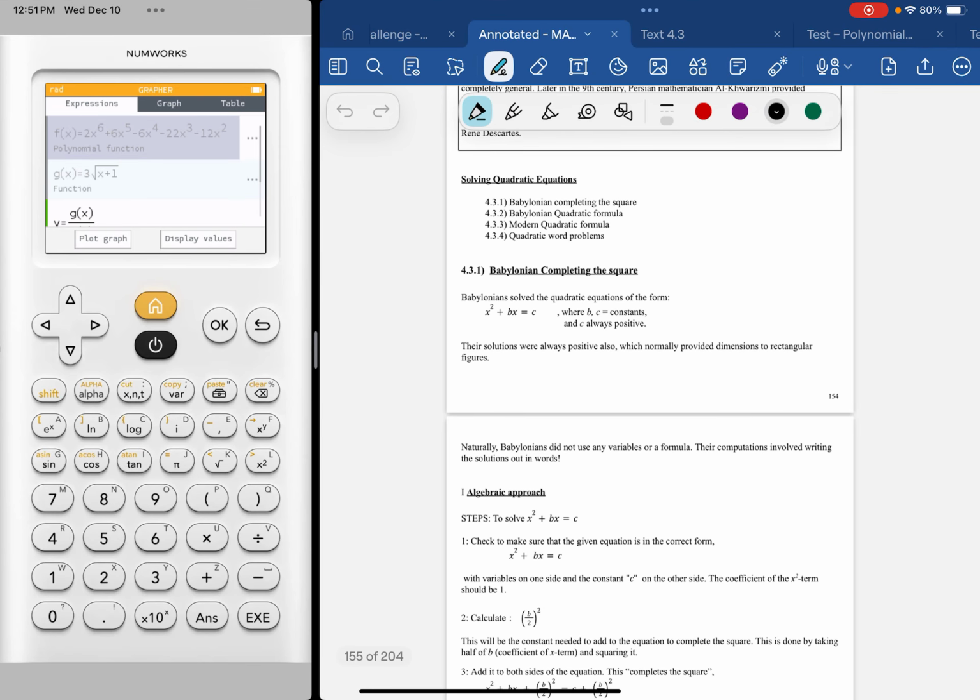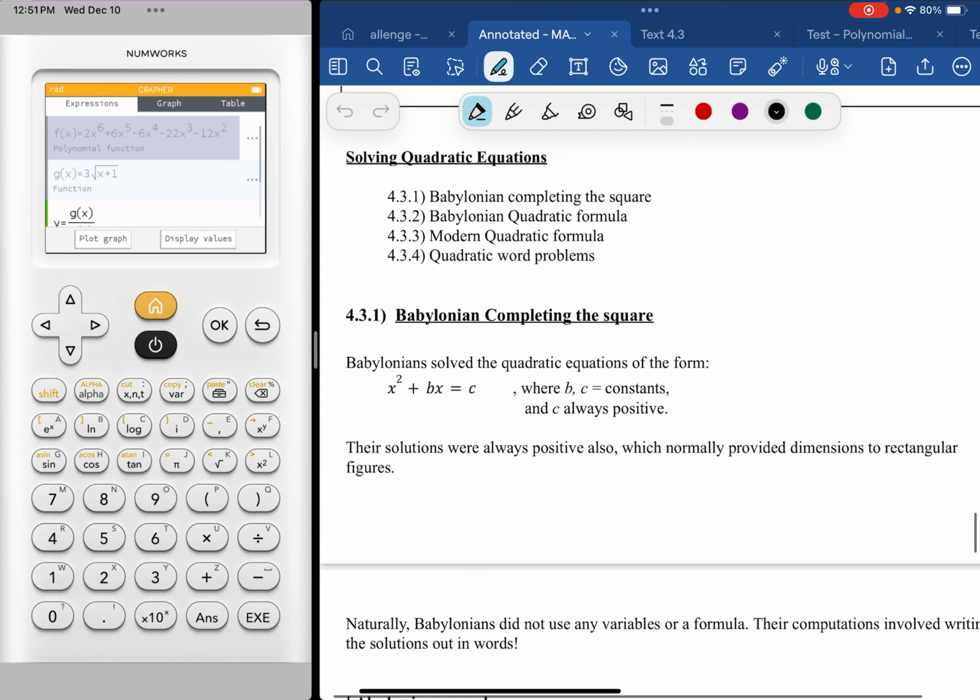All right, so we're moving on to quadratic equations. We'll start off with Babylonian completing the square, then we'll get into the quadratic formula and some word problems. I'm just going to walk you through it. It's an algorithmic approach. When we have quadratic equations in this form, x squared plus bx equals c,